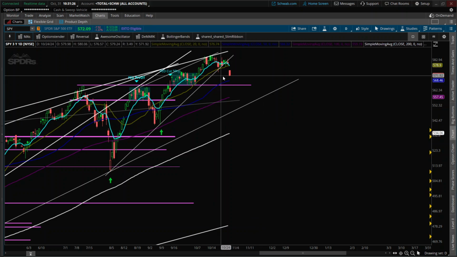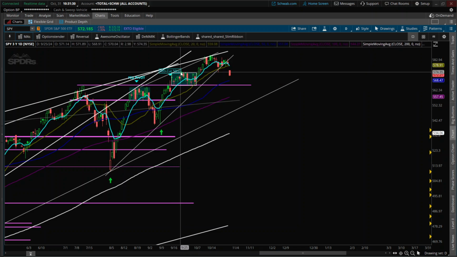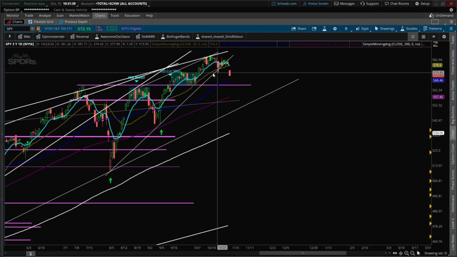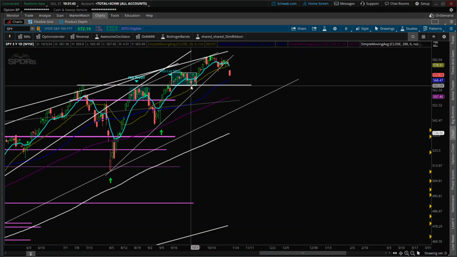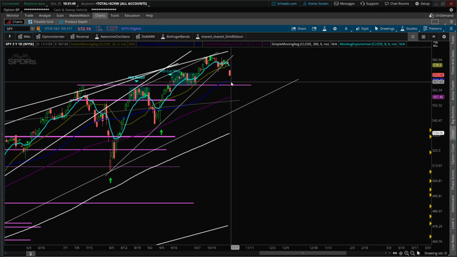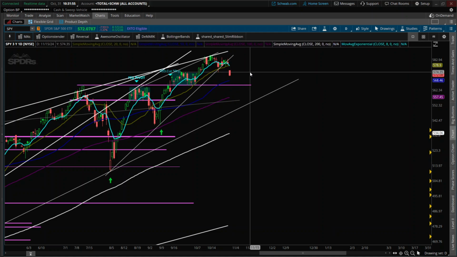Okay. So notice we're starting to get into this zone. And once you get into a specific zone, we bounced off of it before. You have some volume in here, and now we're getting into it. So it's very natural to get through a zone and then test the bottom of the zone. So that works out perfectly at this point. We're not going to get there today, but maybe tomorrow, Monday, Tuesday,